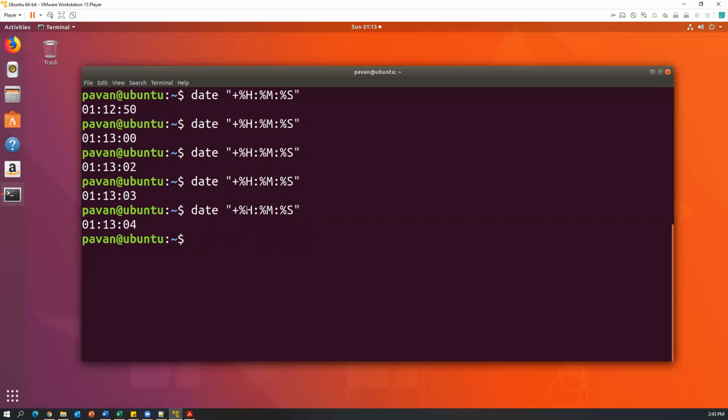Now I can also add some text here. So if you want to add some user defined text, you can just add it. How can we add it? We can simply say the same command, and here after plus you can write something like today's date and time is. So before printing the time, I'm also trying to print the date here. How can we print the date? Percentile small d,